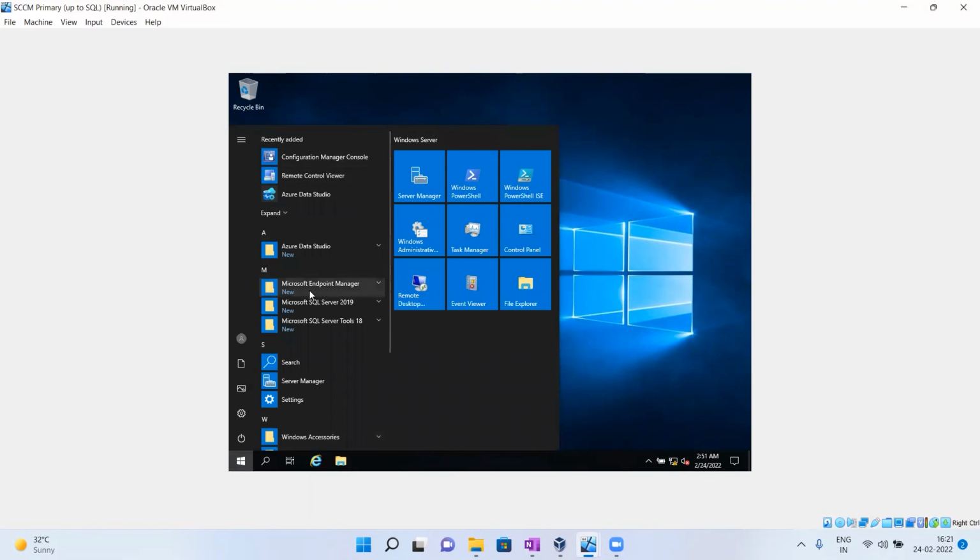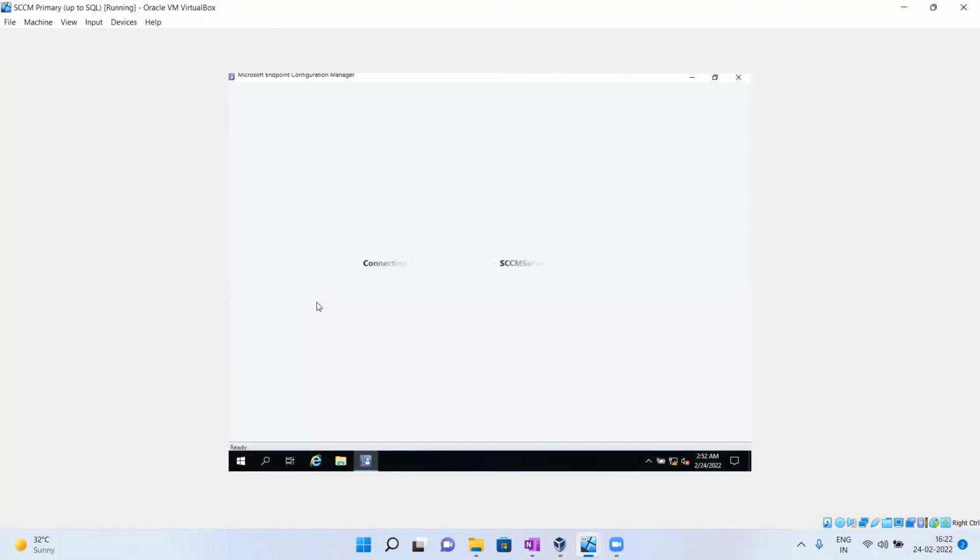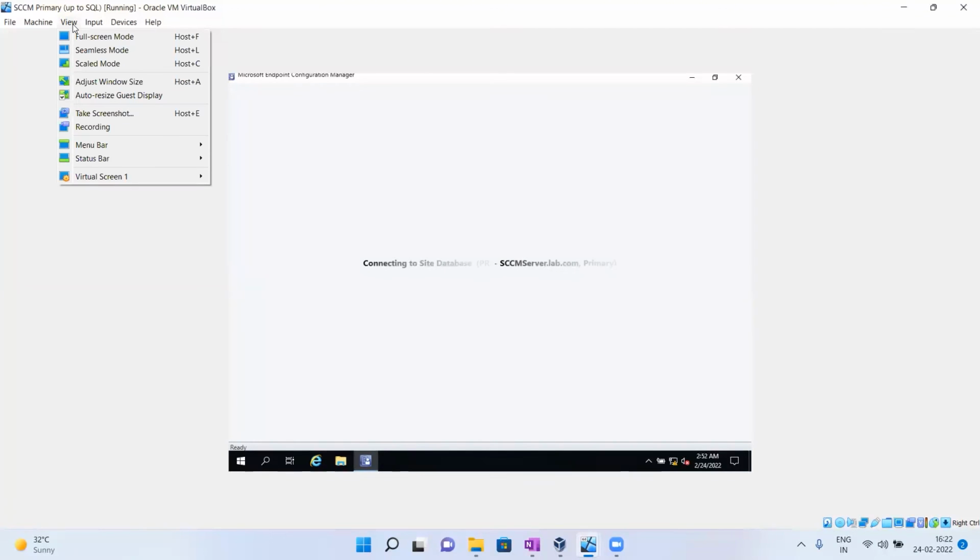You can see the folder here, Microsoft Endpoint Manager, and it is here also. Let me open the console. If it looks like a small screen, go to view, and there you can see full screen.